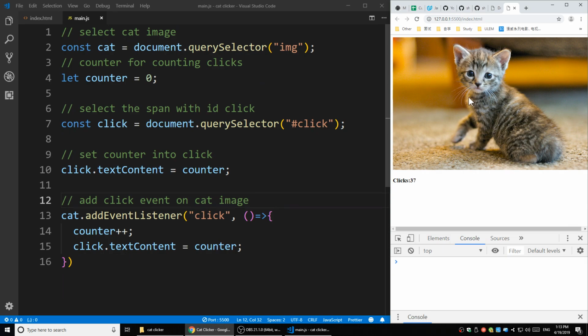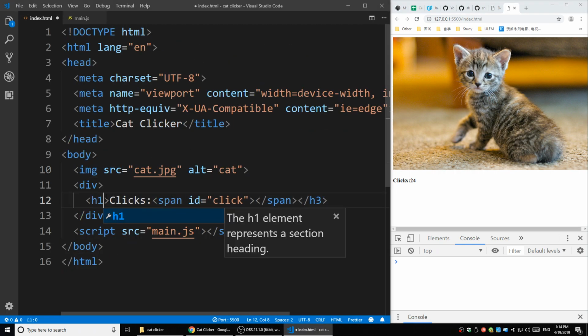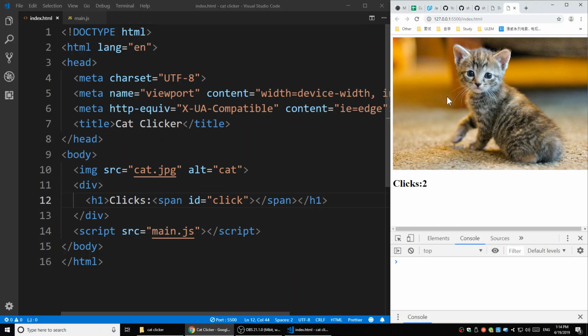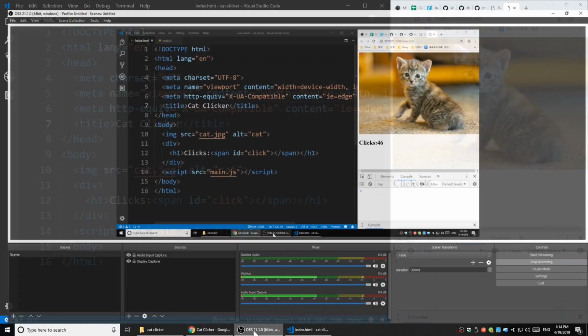Alright, so that's how you do it. There's many ways you can do it, but this is maybe the easier way to do it. Just adding the click event on the image, and every time we click the image, run the function adding 1 to the counter and show the counter in the text, in the click span there. All right, so you can make it bigger by changing this H3 into H1. That's maybe gonna be bigger. All right, so this way works. There's gonna be many other ways that also work. I will upload the video to YouTube, and before